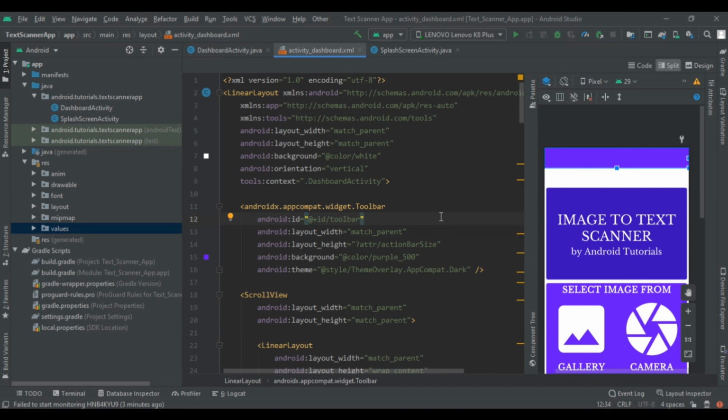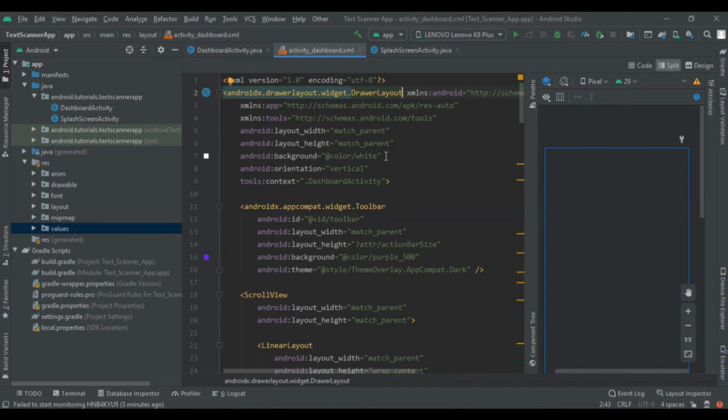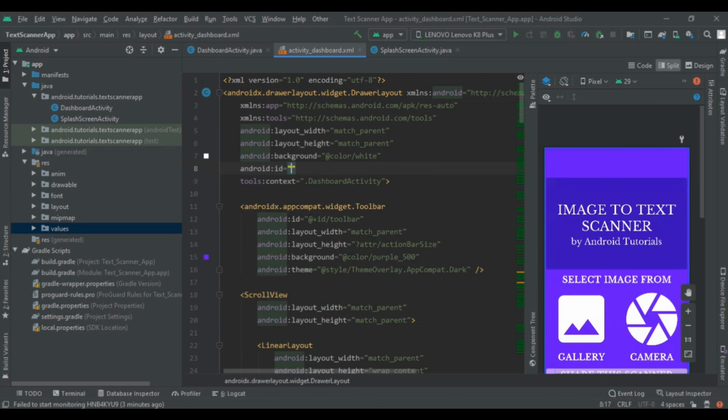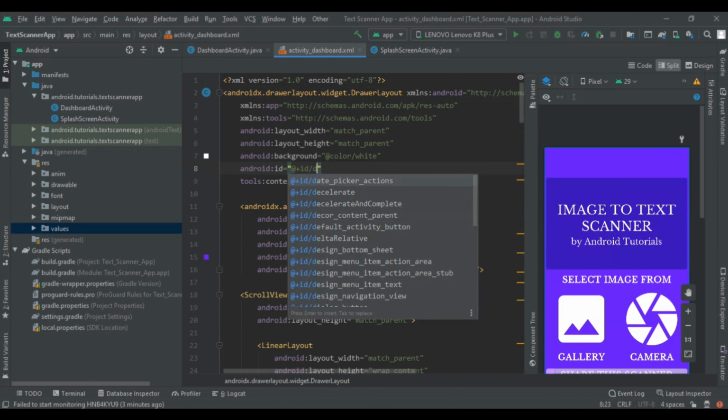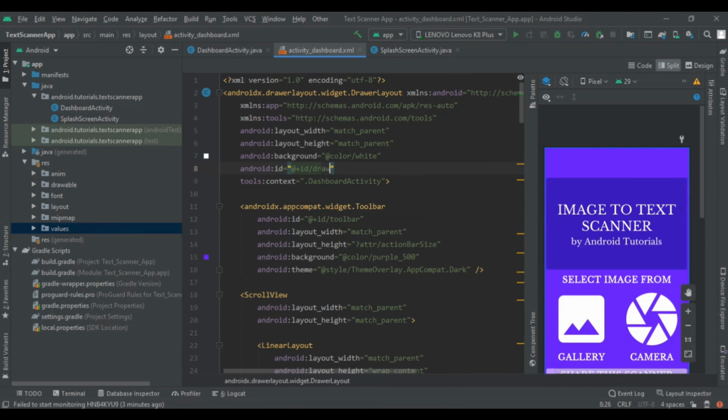First we are going to change our linear layout to drawer layout and remove this orientation, and instead of the orientation I am going to use id and give it an id, drawer layout.